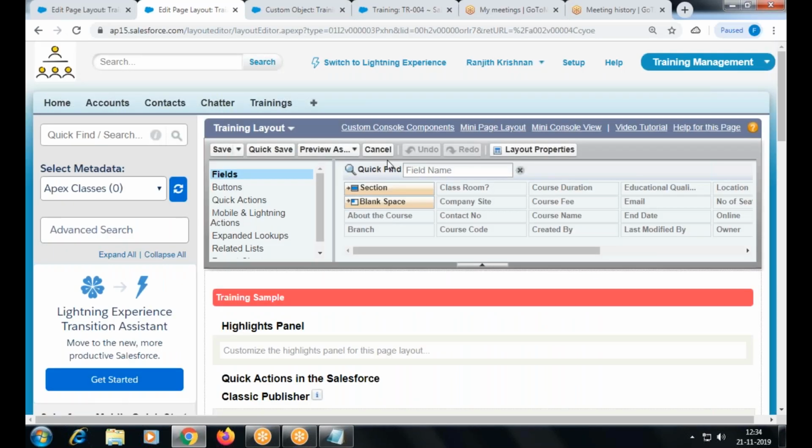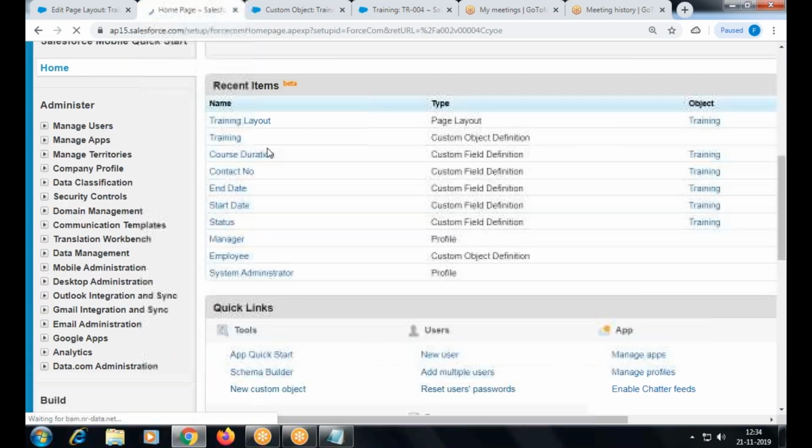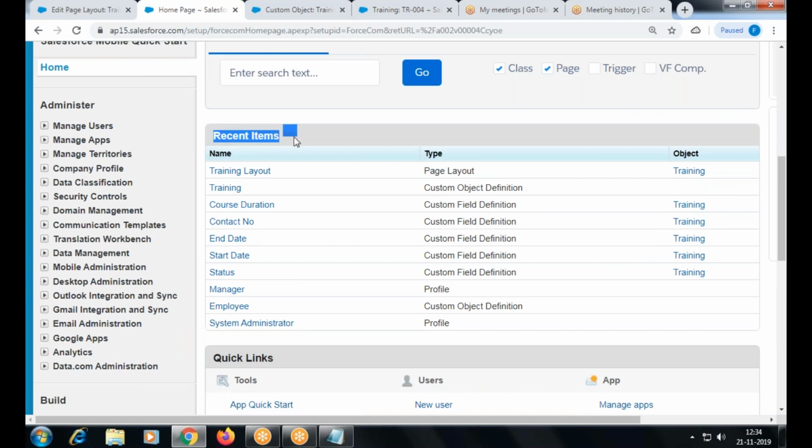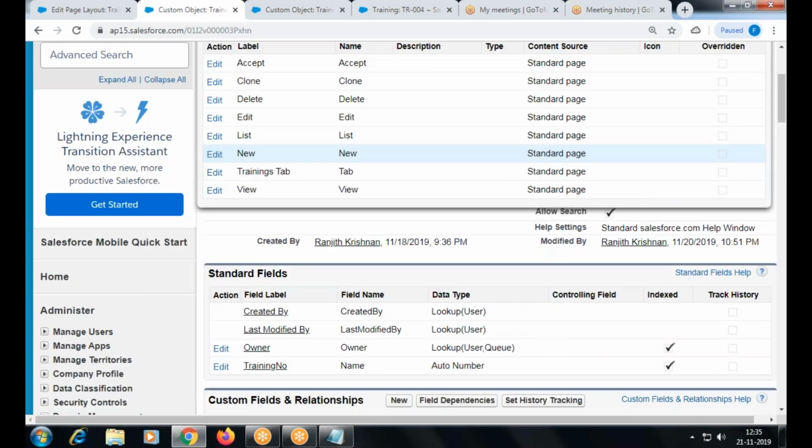The other way, setup. Recent items will be there, right? From there also you can go to whatever you recently viewed, the page layout. If I like to go to the definition page, I can go, right?